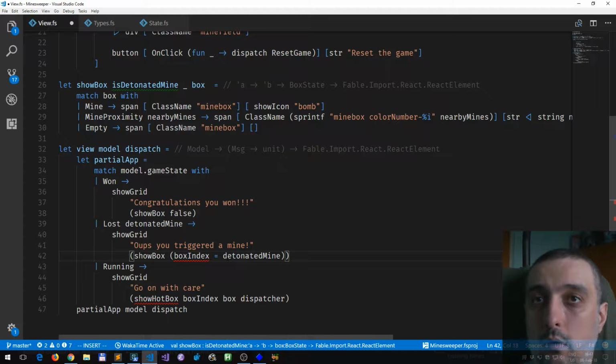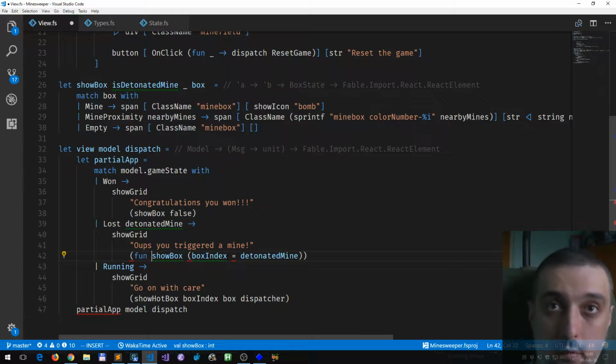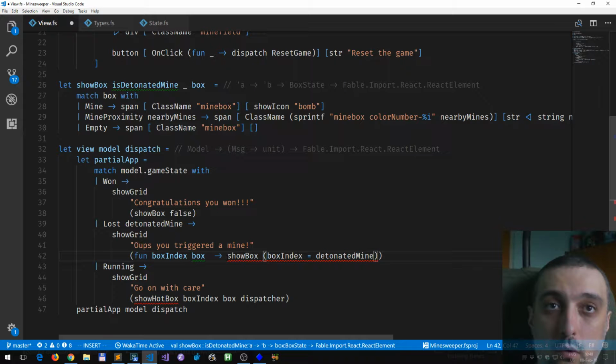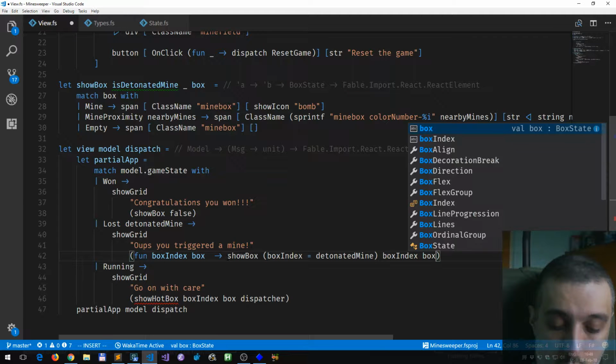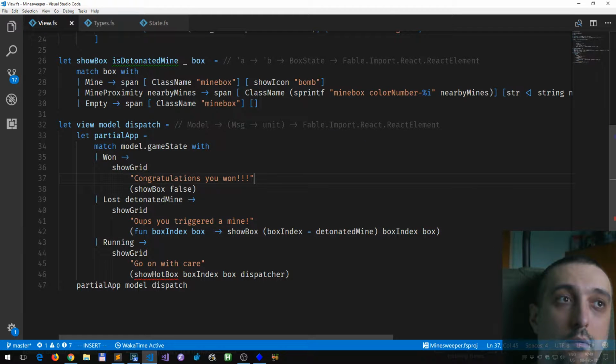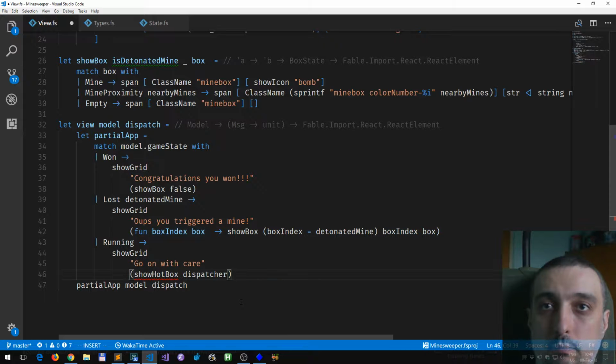Okay. Let's make a function of box and box goes to show box of index polygon line of box index and box. Okay. I don't have a show hot box. And again, this must be here. And those. I don't need that. So